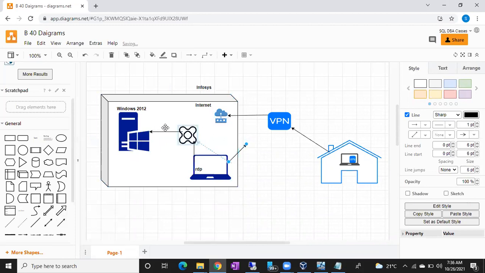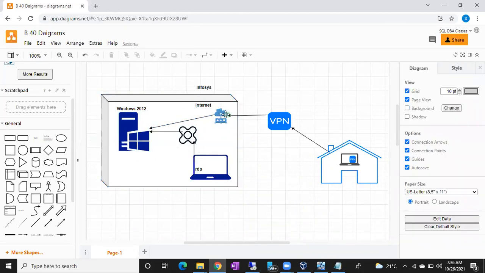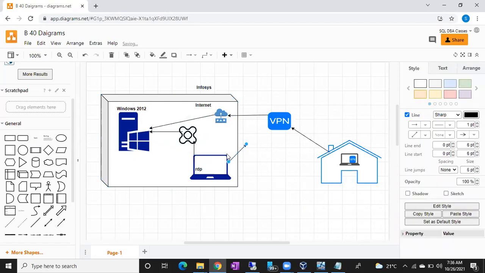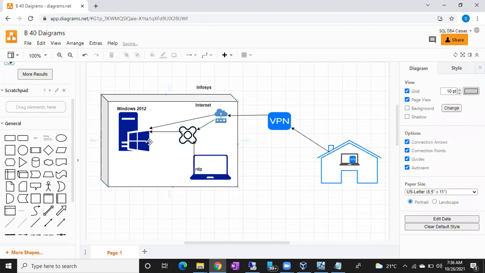It depends. If you have direct access, you can directly access. If you have indirect access from any jump server, then from your network to the jump server you have to connect, and again connect like this. So this is how usually we connect to the servers in the organization, either like this or directly by RDP.